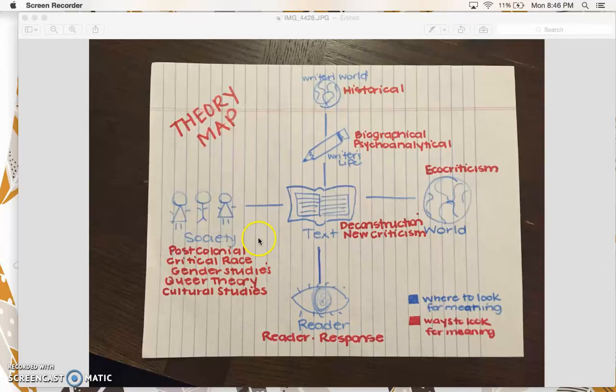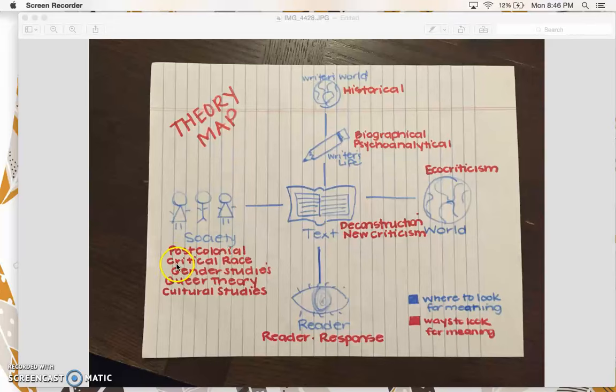The biggest chunk of our time is going to be focused on using society as a way of making meaning or recognizing meaning. So the book itself is simply an artifact for what's going on in society. If the book is an artifact for what's going on in society, then we can look at many issues in society through the book. Post-colonial criticism is one that we've already talked about. It's how oppressed people who have been colonized experience struggle, especially when it comes to regaining autonomy after colonization has